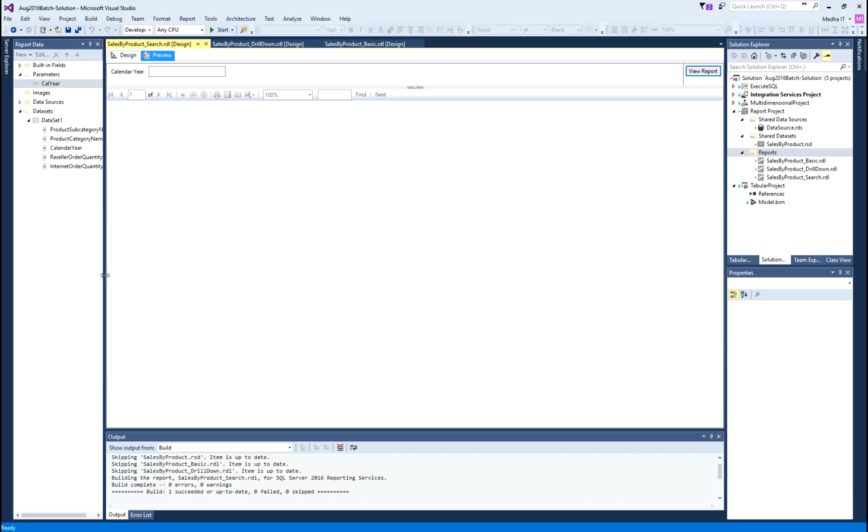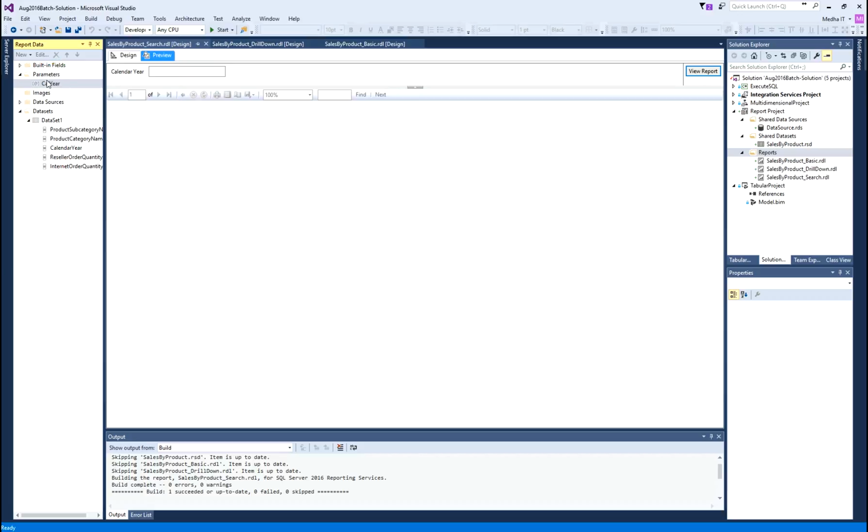And another thing is, if you want to access these parameters or the properties here, you have to be in the design mode. Right now I am in preview mode, right. In preview mode I cannot access any of these properties. These will be just read only, or won't be accessible because I am in preview mode.